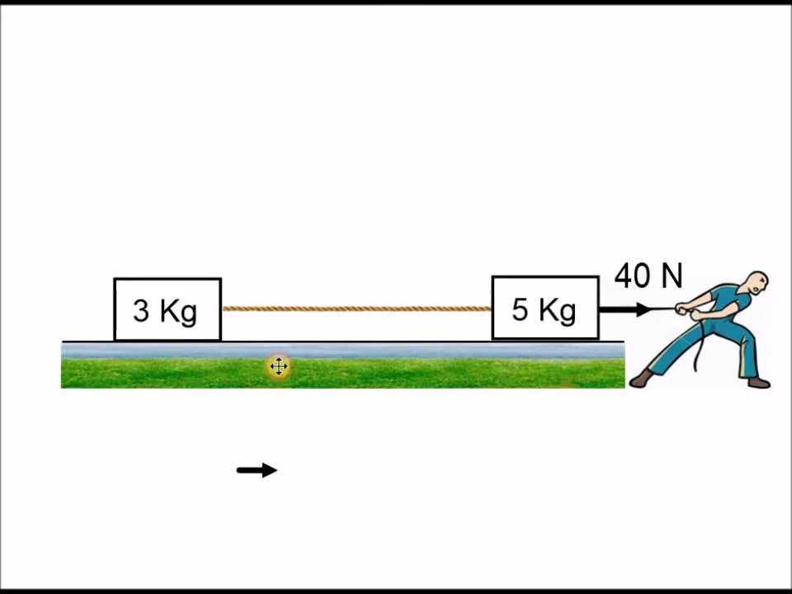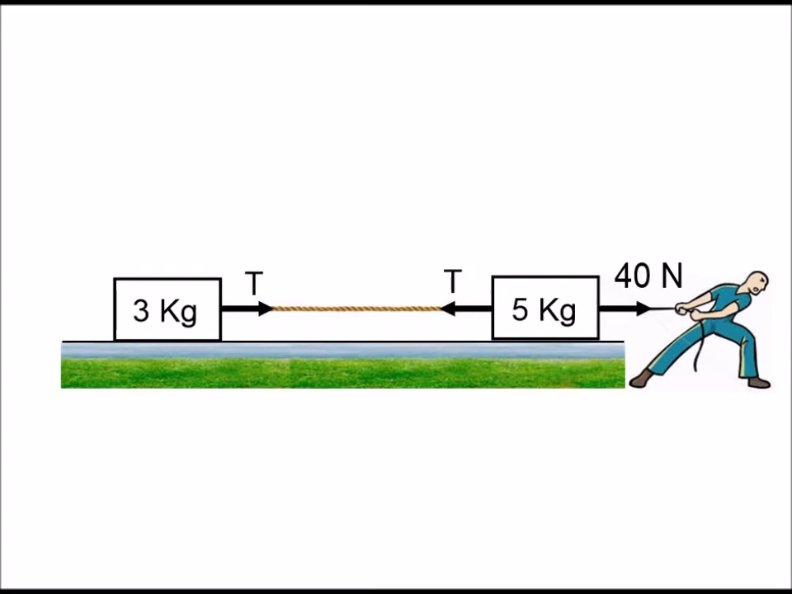Now the rope is pulling on this block, so the tension is in this direction for the 3 kilogram block. The 3 kilogram block is pulling on the 5 kilogram block, so the tension here is in the opposite direction. So we have this, and you can see T is the same magnitude here and here, but these forces are